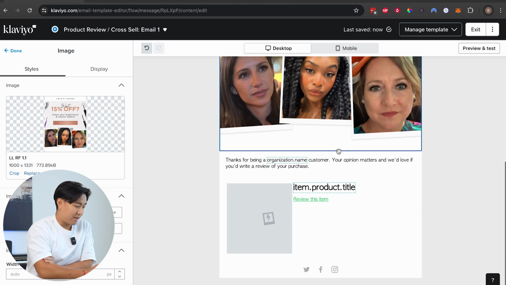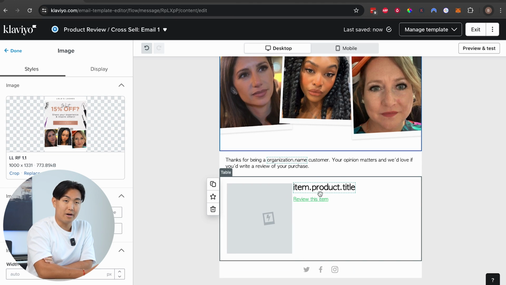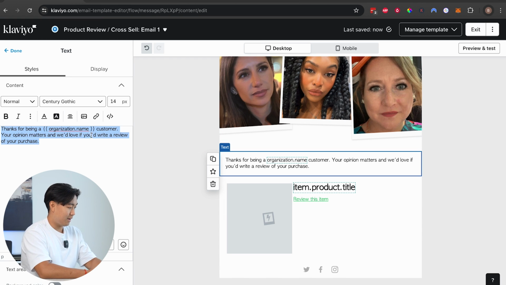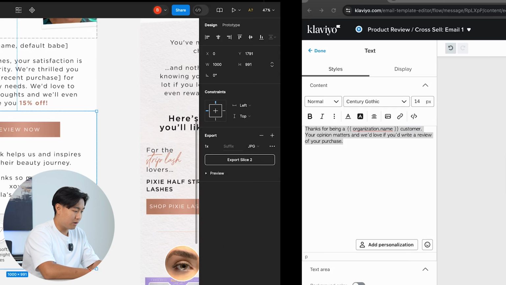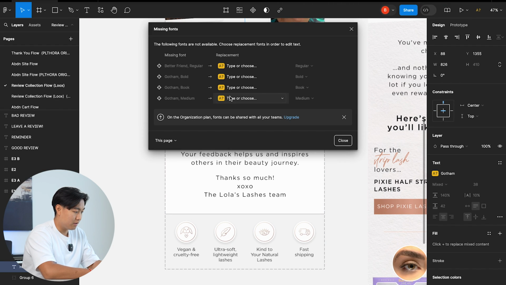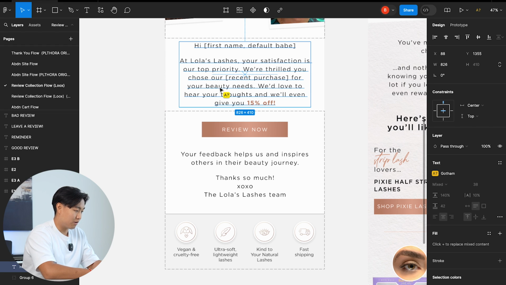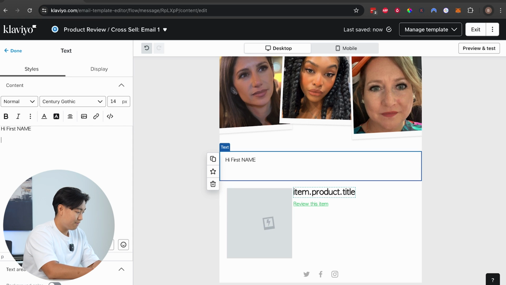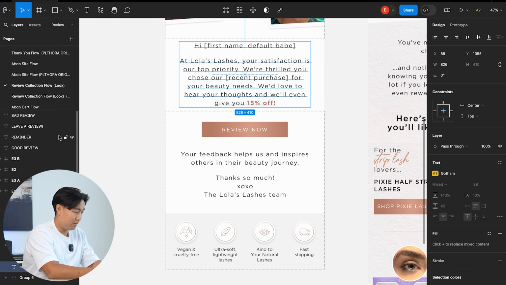Now that you have this section, we're gonna customize the text section, and then modify this review section a little bit to sync up with the brand colors. First things first, we're gonna center the text as it's already done, and copy over the text over here. So it's gonna be hi first name. We're gonna add the personalization variables in a second. Hi first name, and we're just gonna do @Lola